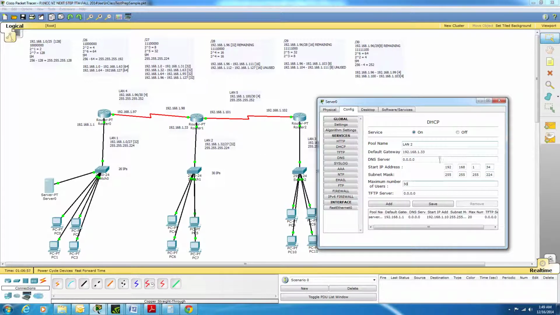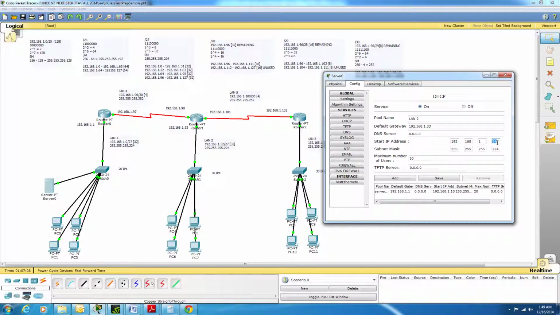Okay, so if we want to start at 34 and give out 30, it will end at 63. That's perfect. Actually, no, let's start at 34 and give out 29, because we already gave out 1 over there, just to be safe. And then once you get that all done, you just add it,